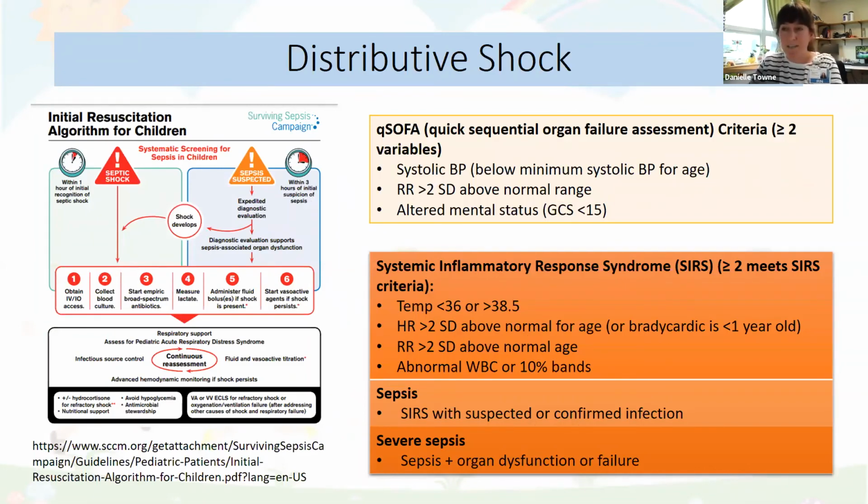Distributive shock is something that we see fairly commonly with kids, and really it's septic shock, but it's also a little bit of hypovolemic shock kind of mixed into it. But we're going to talk more about hypovolemic shock in the next slide. There's a lot on this slide, but what I can tell you is that the Surviving Sepsis campaign has a really good algorithm for kids. So that's something that I would just go ahead and review,